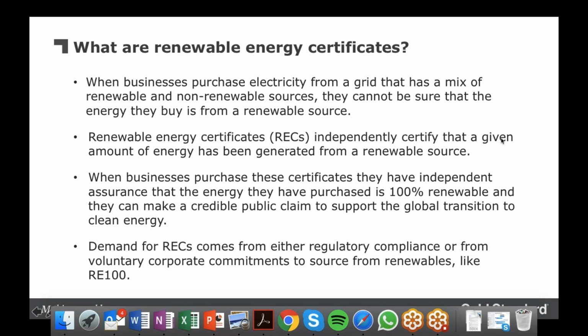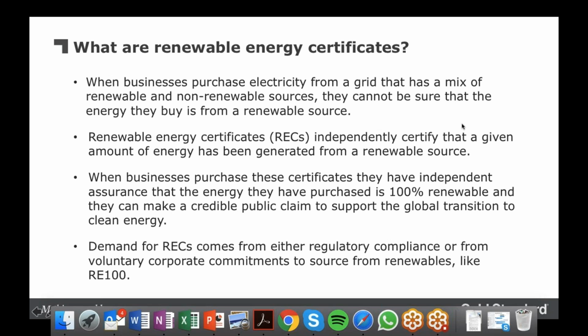So unless they have renewable energy production facilities on site or are directly connected with these facilities, there is no clear way of ascertaining that the power from the grid is coming from renewable energy. Therefore, the use of these certificates.